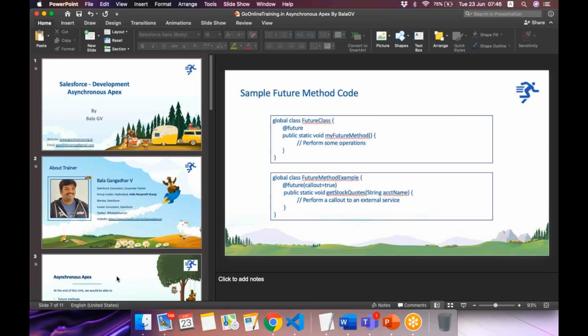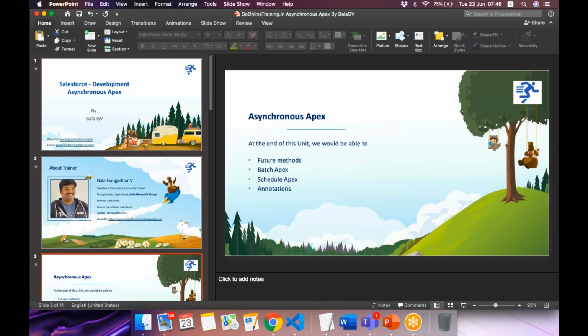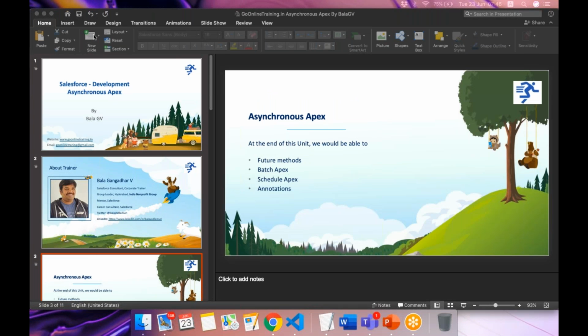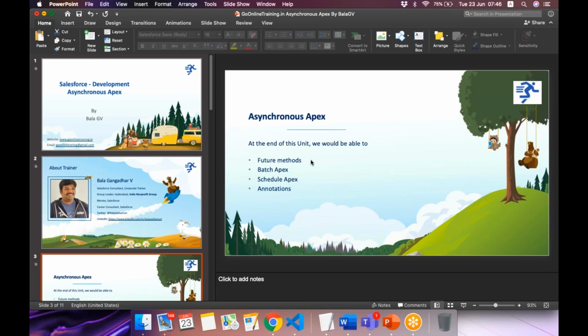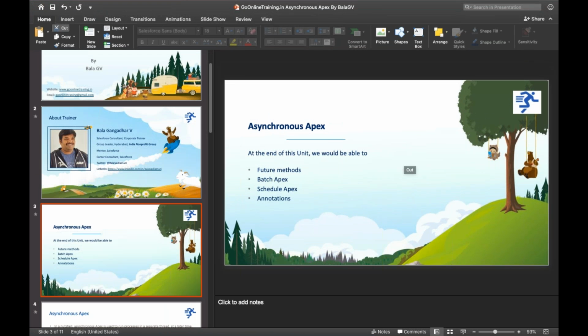Okay, so today we'll discuss asynchronous Apex. Before asynchronous Apex, we also went through governor limits. What are the governor limits that are set by Salesforce for Apex? And we have also seen how we consider them while coding, right?